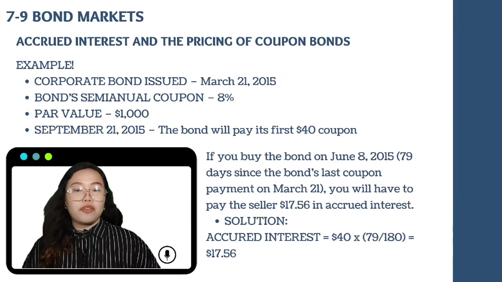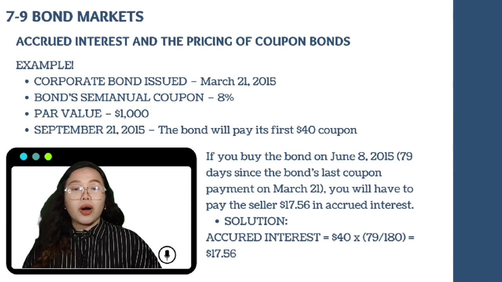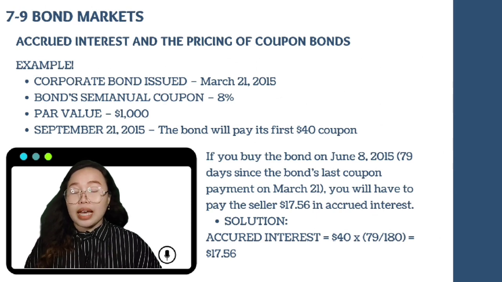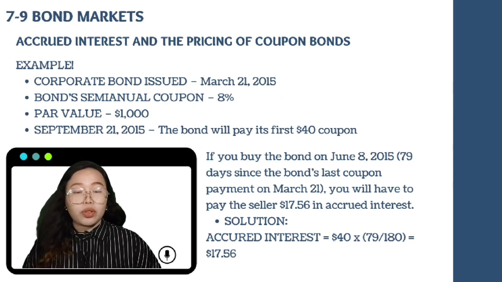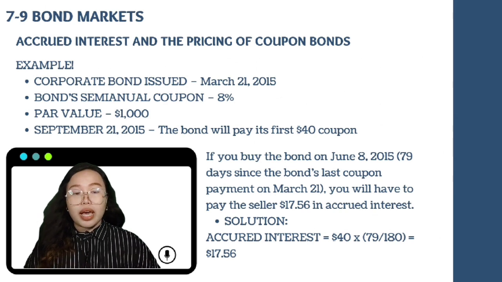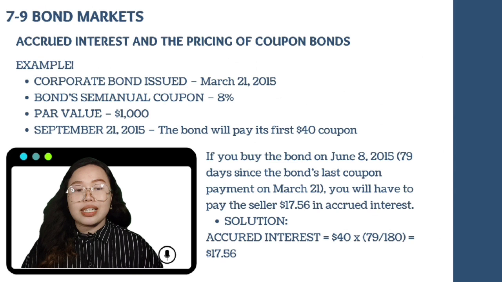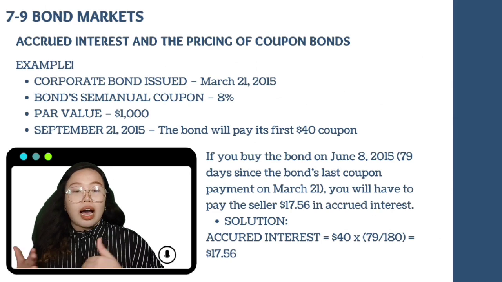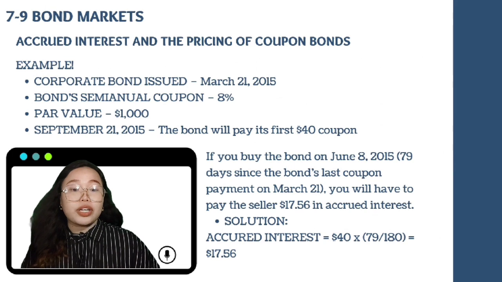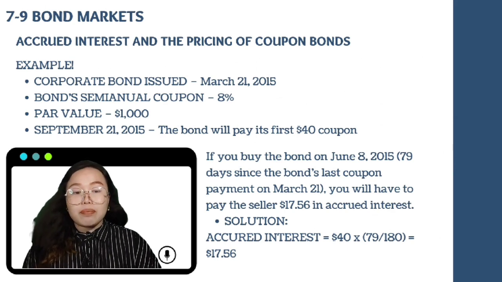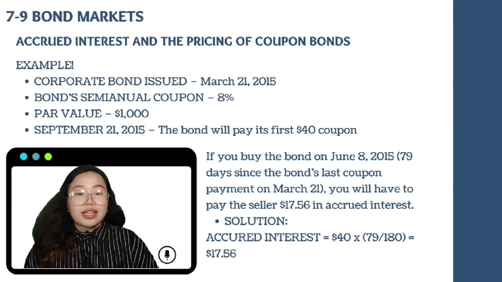Here is an example of the accrued interest and the pricing of coupon bonds. A corporate bond was issued on March 21, 2015. The bond's semi-annual coupon is 8% and the par value is $1,000, and then on September 21, 2015, the bond will pay its first $40 coupon. If you buy the bond on June 8, 2015, which is 79 days since the bond's last coupon payment on March 21, you will have to pay the seller $17.56 in accrued interest. Here is the solution: the accrued interest is equal to $40 multiplied by 79 over 180,